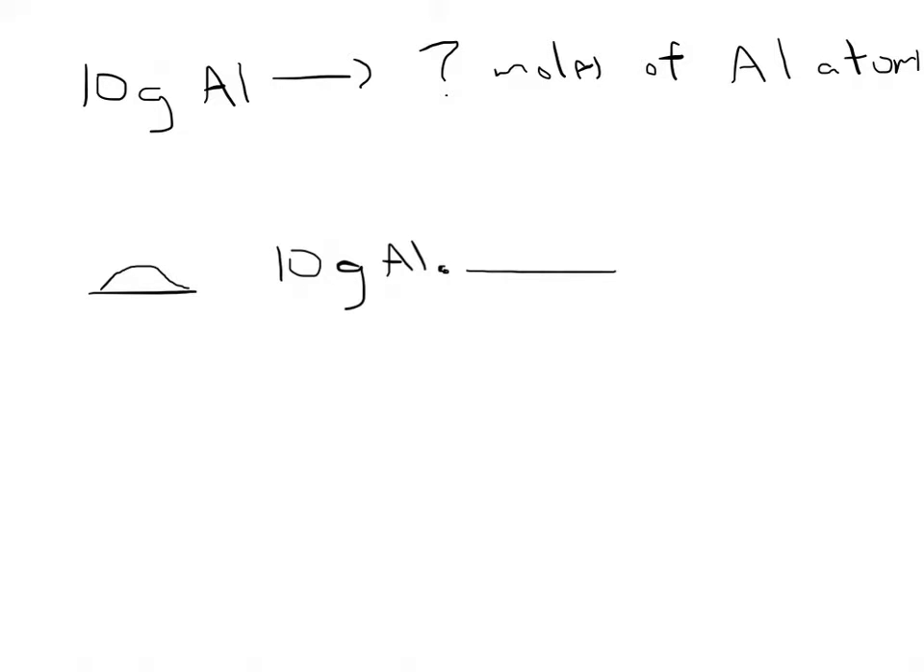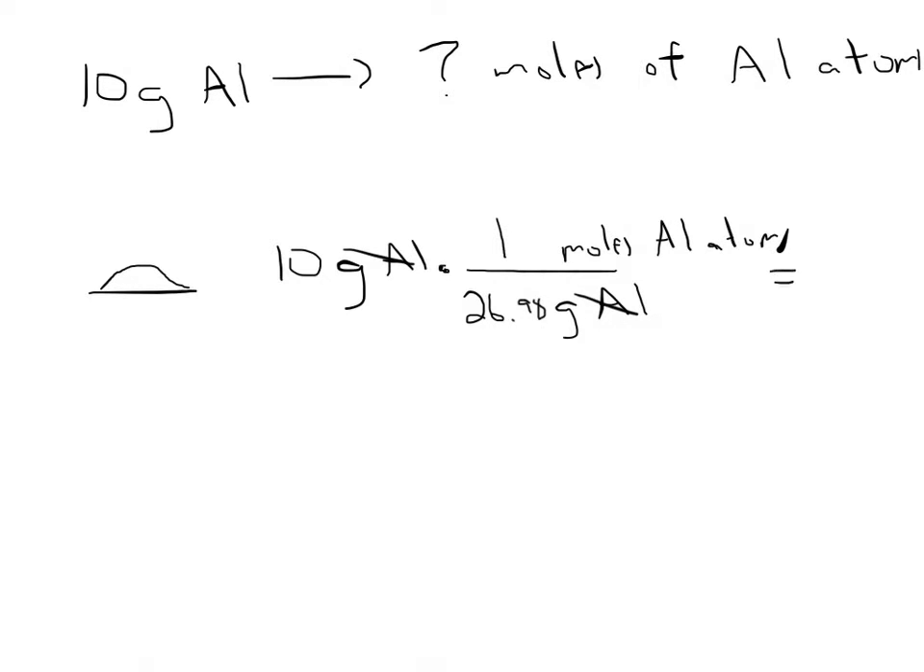and I am going to think about a conversion factor. As I'm thinking about my conversion factor, I can let the units guide me. Since grams of aluminum is on top here, I want to put my trash unit, grams of aluminum, on the bottom, and I want to put moles of aluminum atoms on the top. What do I know about moles of aluminum to grams? Well, I know that 1 mole of aluminum is equal to the atomic mass of aluminum, which is 26.98 grams of aluminum. If we do that conversion, the units will cancel, and we will be left with an answer of 0.371